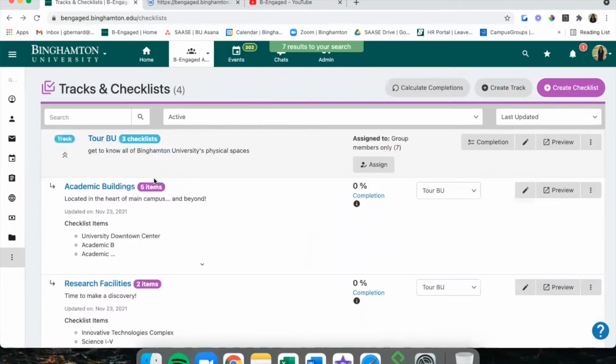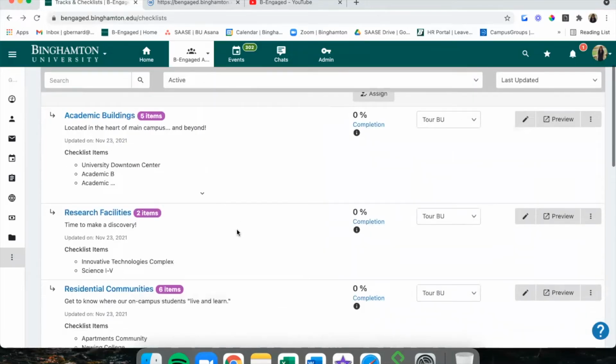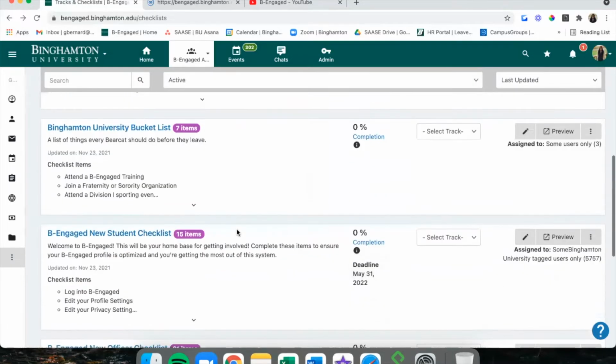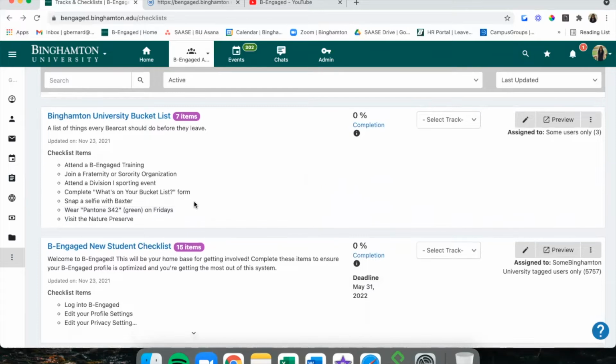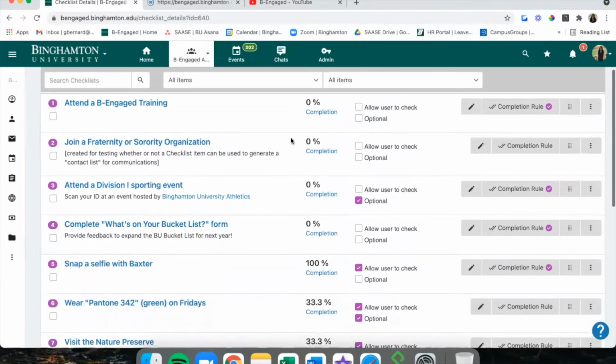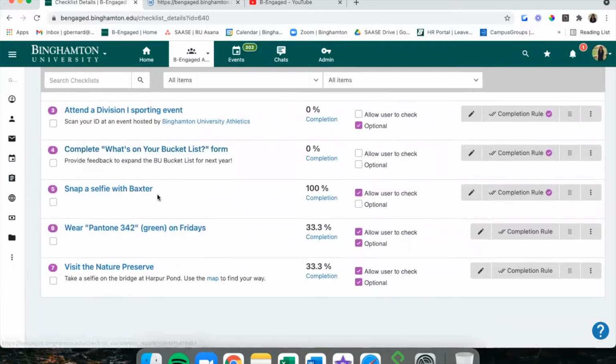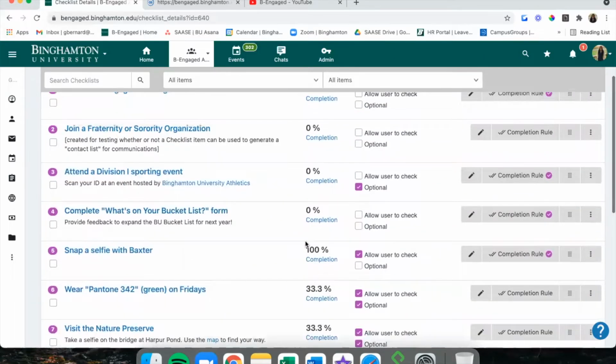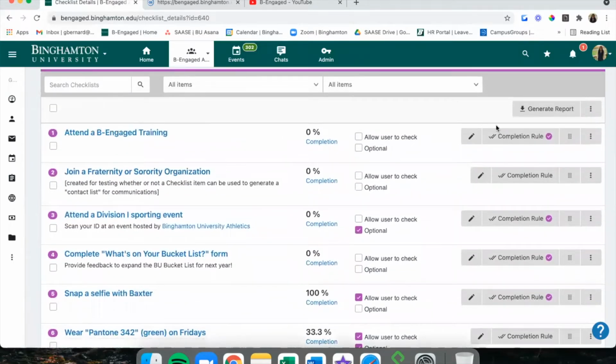Heading back into tracks and checklists for the last thing, to set up completion rules for each of the items, if you click the checklist name, you'll be able to see within the checklist each item on the list with any completion rules associated with that item right next to it.